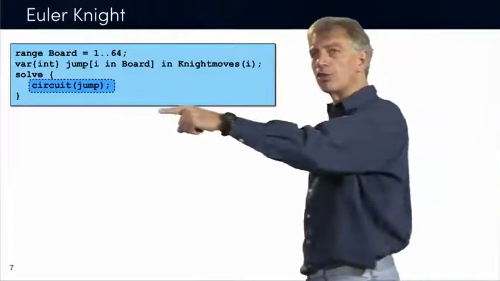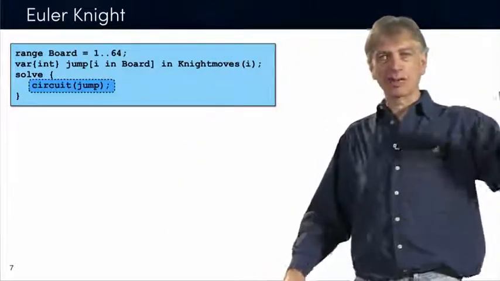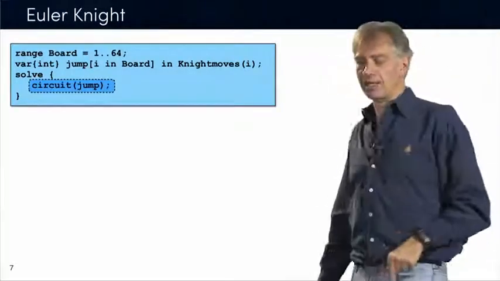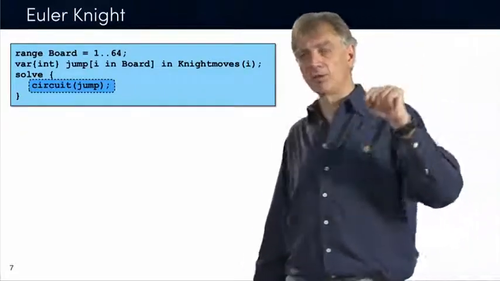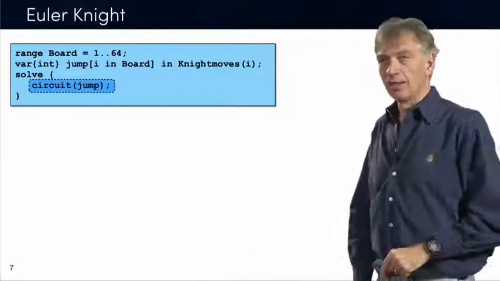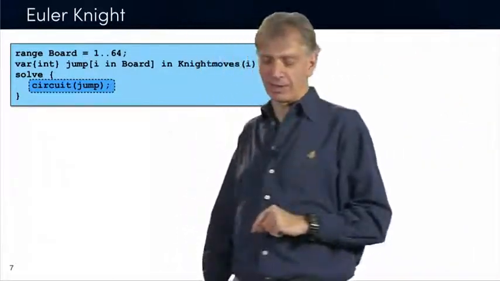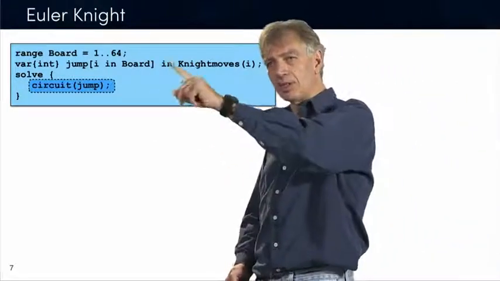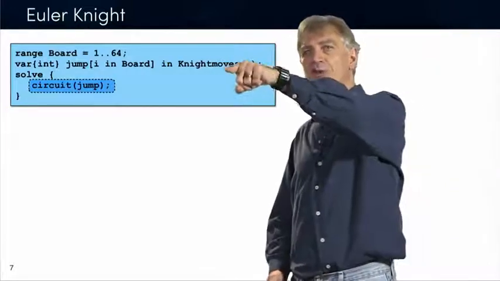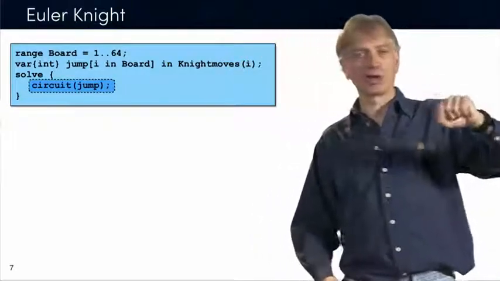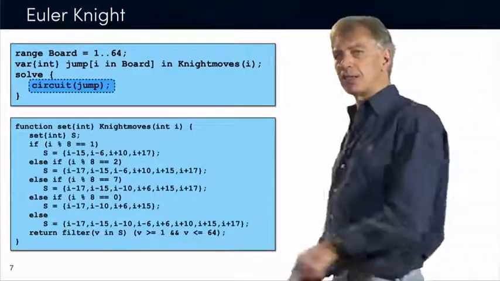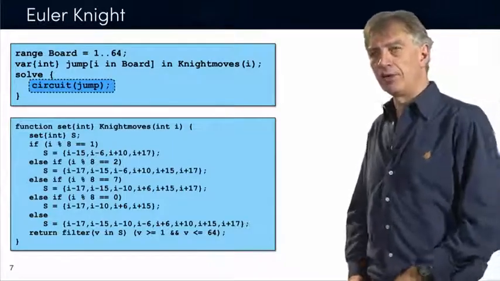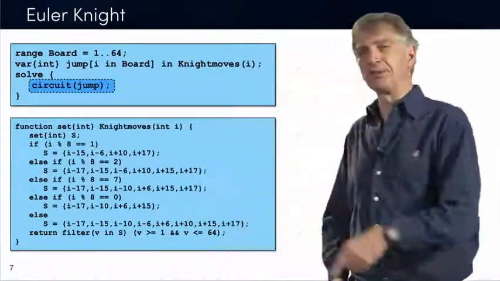Okay? And the only constraint that you have is that all these variables have to make up a circuit. So if you start from one place and follow this path, you're going to go back to exactly the same place. And you will visit every position in the chessboard exactly once. Now this is a tough constraint to implement. You can just think about it, and we'll come back to that later on. But this is essentially how the model is stated here. Now, one more thing that we have to do is specify for every position where the knight can jump. That follows the rule of chess, and this is this boring set of positions that you see over there. Don't try to spend your time understanding it,